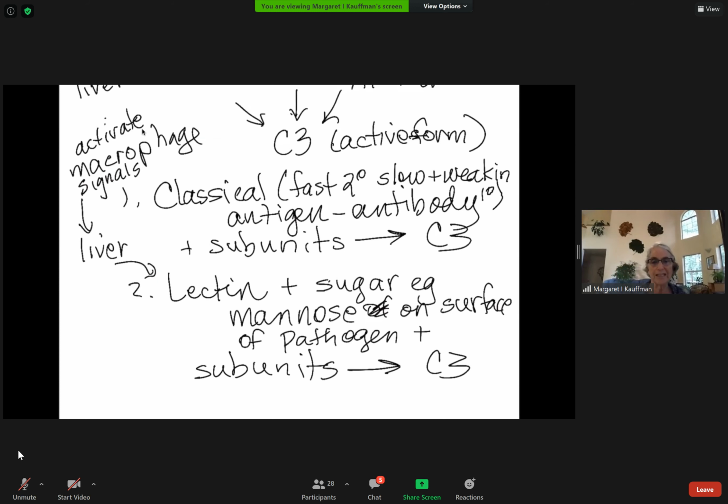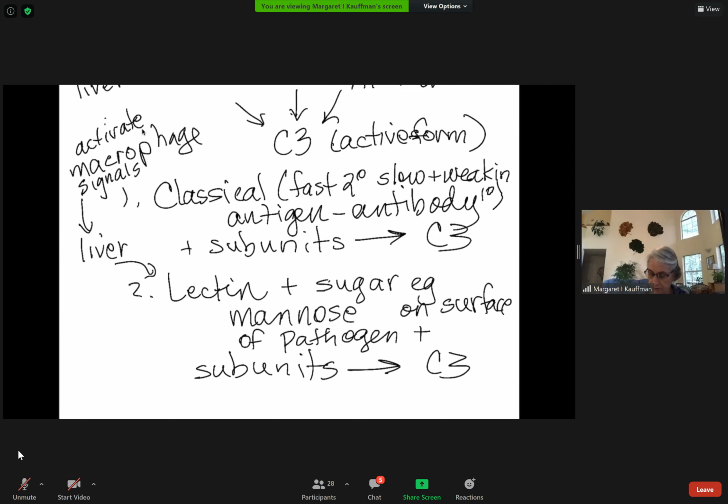The plasma leaks out in the inflammation response, and there's a very common sugar. Now, they used to always just say mannose because it used to be called the lectin-mannose pathway, but I guess other sugars can do it, but not a lot of other sugars. So mannose is a fairly common sugar that might be present on the outside, if it has just a lipid bilayer,